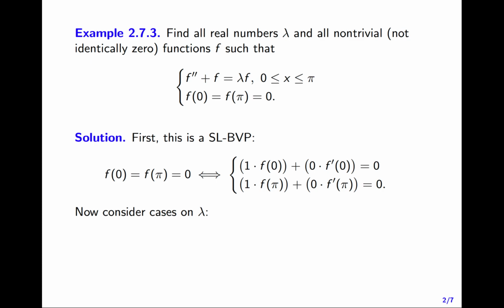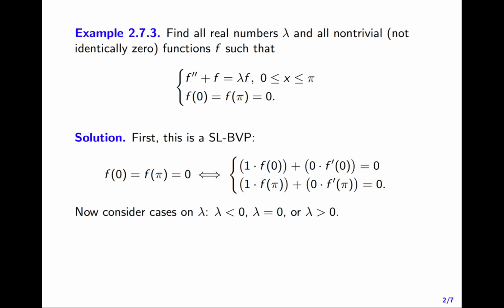Now the ODE part here, f double prime plus f equals lambda f, we can rearrange that to a constant coefficient homogeneous ODE. We know how to solve that. It all depends on what lambda is. And lambda in this problem will be a real number, so I can order lambda as negative, 0, or positive. And yes, that's what we'll do. We'll look at lambda less than 0, lambda equals 0, or lambda greater than 0, and we'll develop some different